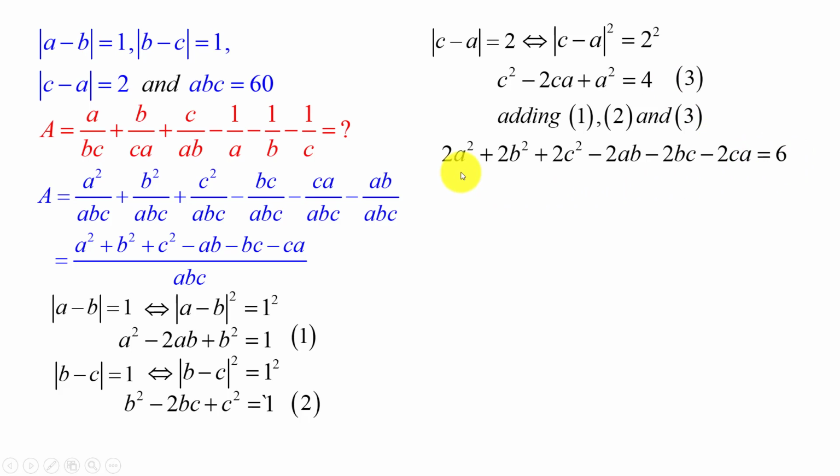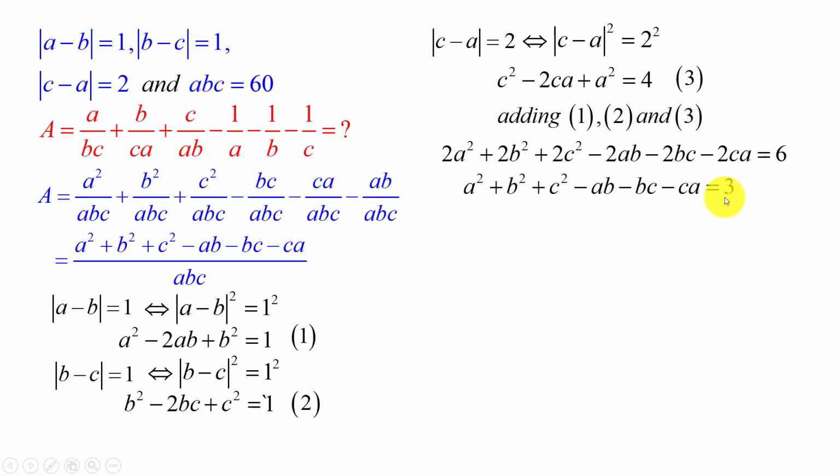Then I divide both sides of this equation by 2. So we get a squared plus b squared plus c squared minus ab minus bc minus ca